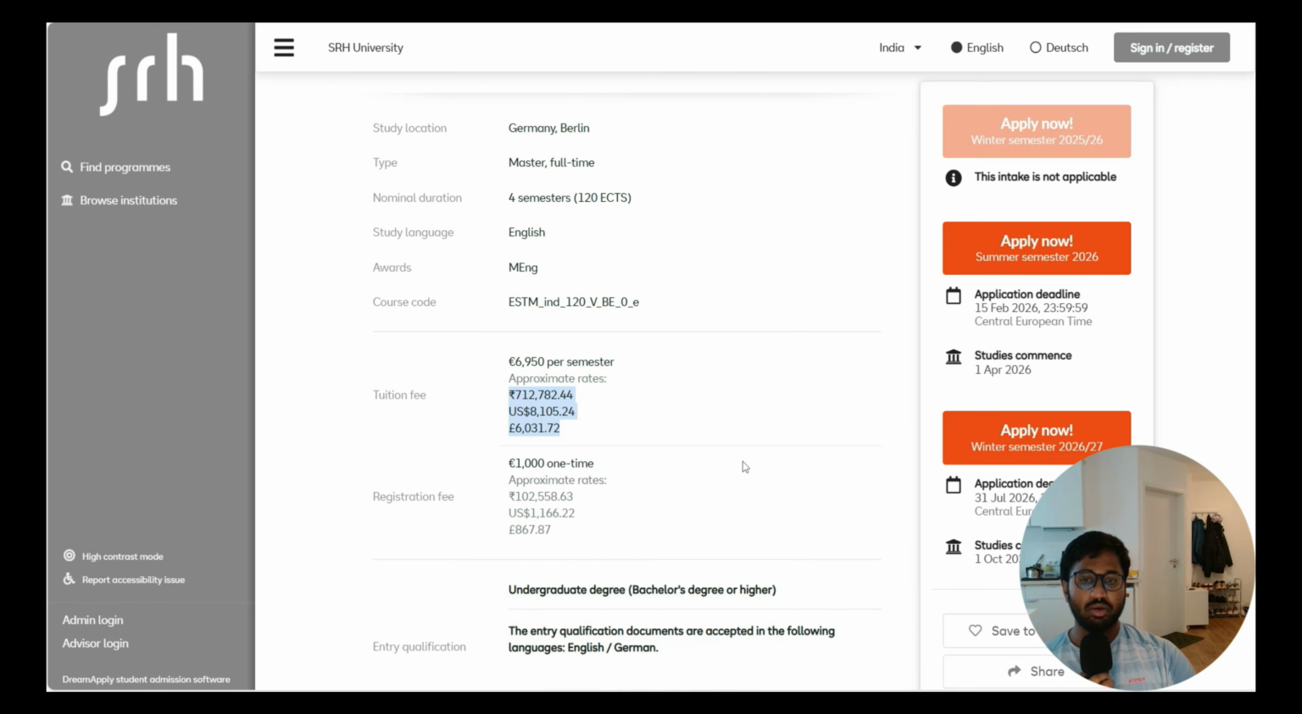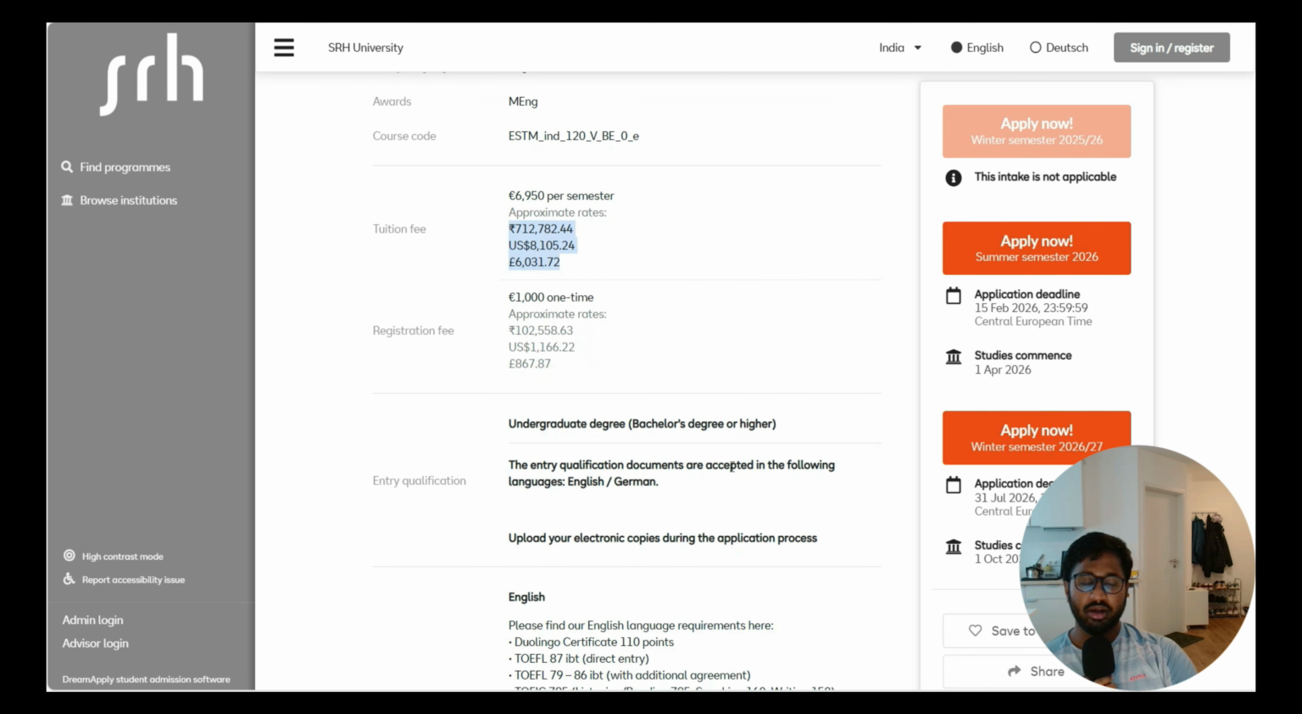And 1,000 euros will be a first semester one-time payment that you need to make. So that's the reason we calculated. In the first semester you will pay 7,000, and in the other 3 semesters you will pay 6,000. So it will add up to 25,000 for your complete degree